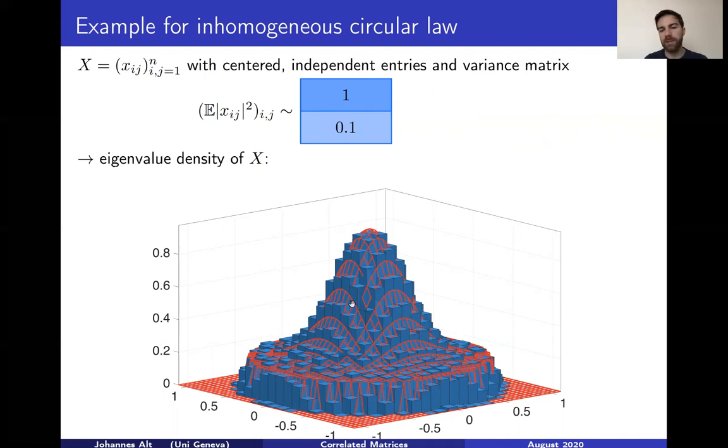And in red, you see the sigma that I defined to you on the previous slide. So you see I took a large n, I guess 2000 or 4000 or something like this. And in that case, we see a very good agreement between the deterministic sigma and the histograms.